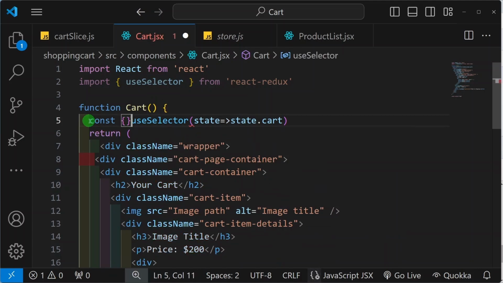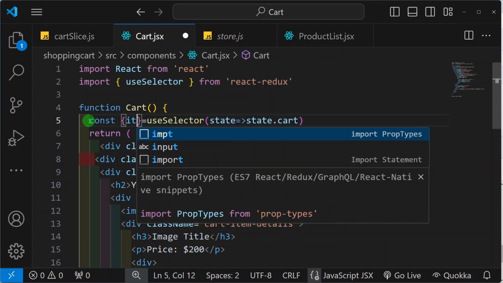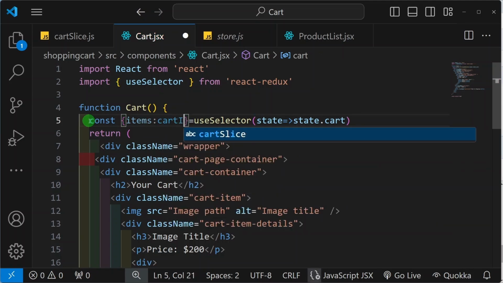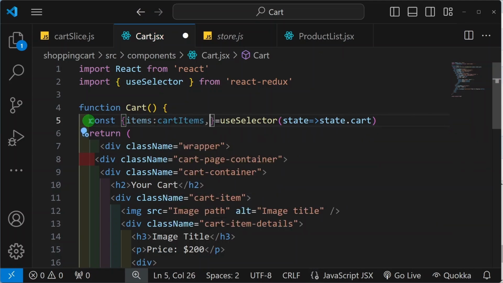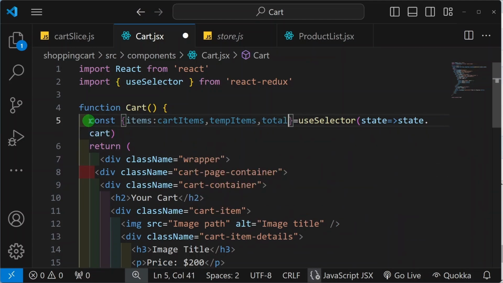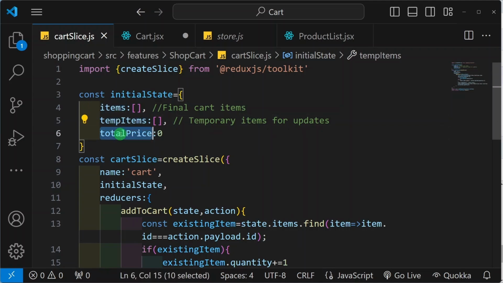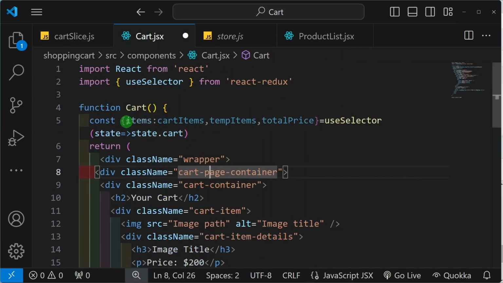Here, I will write const. Here, I will write items. And for items, I will change the name. I will give cart items. Then I have temp items, I'm just going to destructure. And then we have total price. Whatever state variables I have, I have destructured all of them, and only for items I have changed the